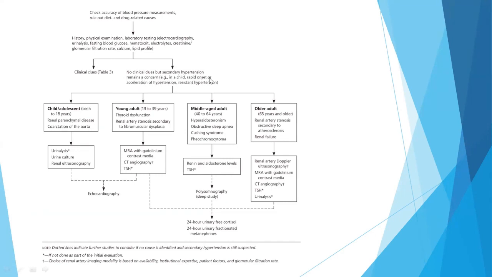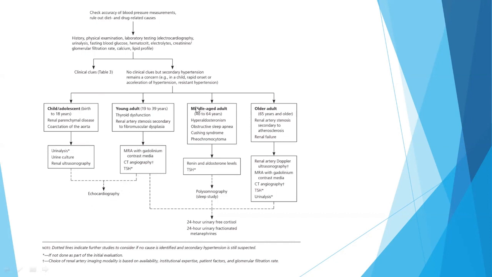So with no clinical clues, secondary hypertension remains a concern, for example in a child with rapid onset or acceleration of hypertension or resistant hypertension. In a child from birth to 18 years, there may be coarctation of the aorta or renal parenchymal disease as a cause of secondary hypertension. For that, we do urine analysis, urine culture, and renal ultrasonography. In young adults, there may be thyroid dysfunction or renal artery stenosis secondary to fibromuscular dysplasia. In these patients, you go with MR angiography with gadolinium contrast media. We also go for CT angiography and thyroid stimulating hormone, or you can say the thyroid function test. And at last, we go for echocardiography too,